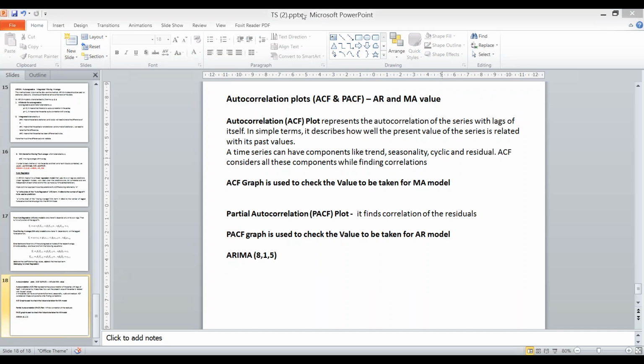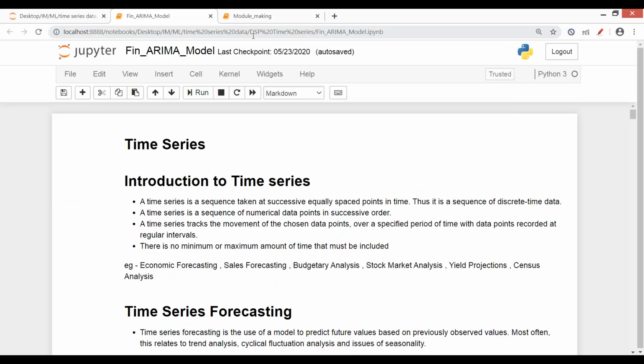Now let me just open the Jupyter file. I'll share this file with you. I've not shared it with you yet.